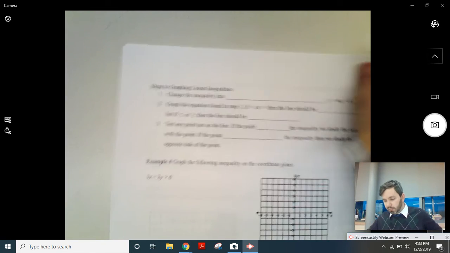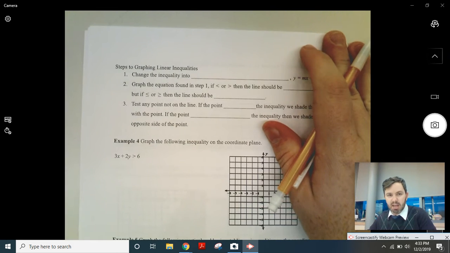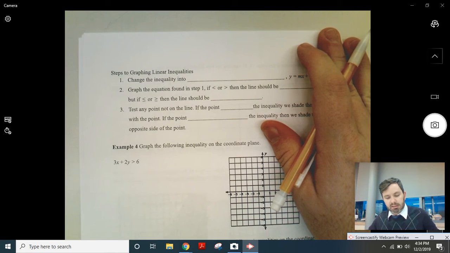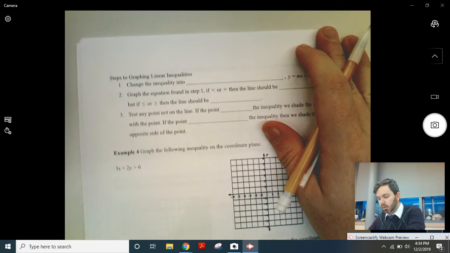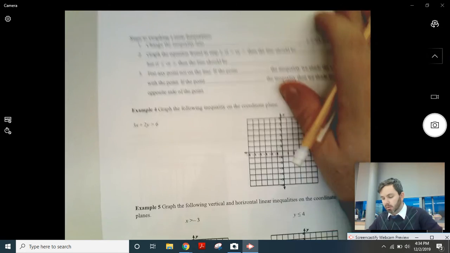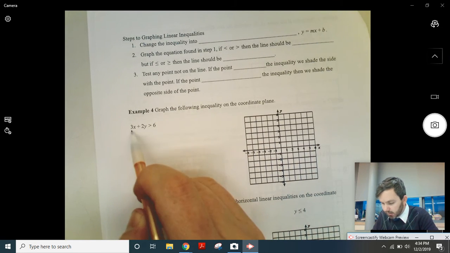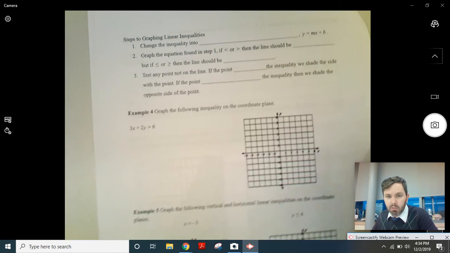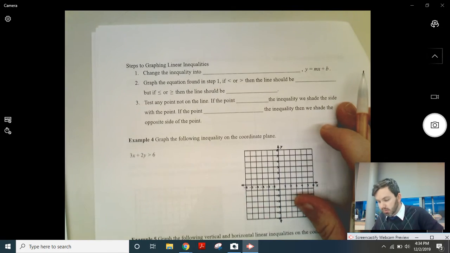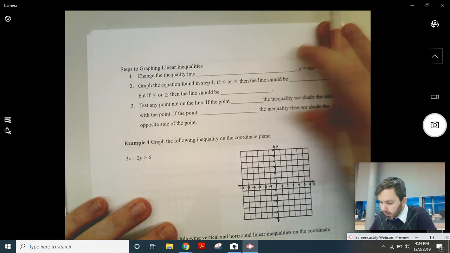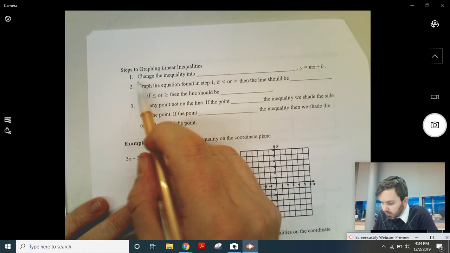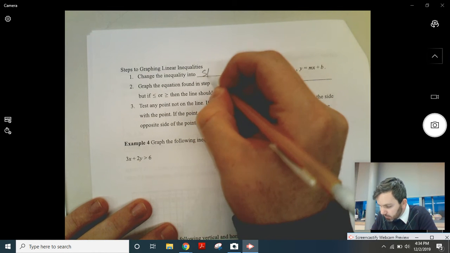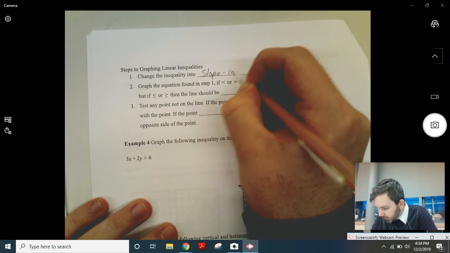Let's take a look at example 4. This is really the new stuff. Well, before we get into number 4, let's talk about the steps for graphing these linear inequalities. Linear inequalities, that's what we've been dealing with so far. It's stuff that looks like this, where we have an x and a y and an inequality symbol as opposed to an equal sign. So our first step is we're going to change our inequality into slope intercept form,